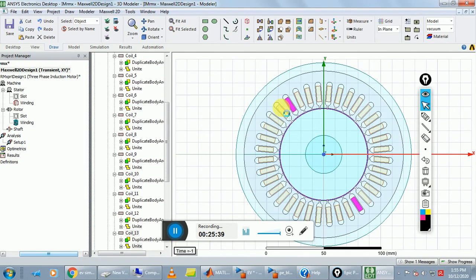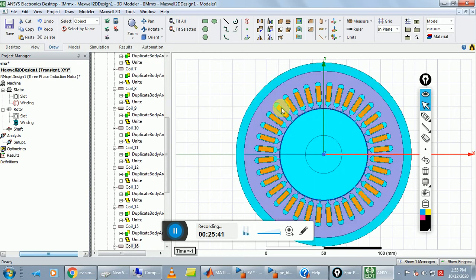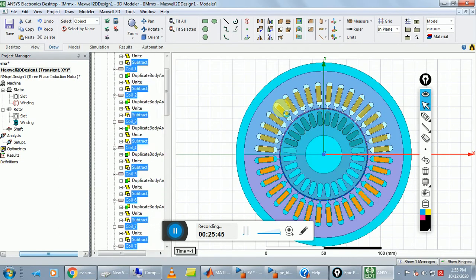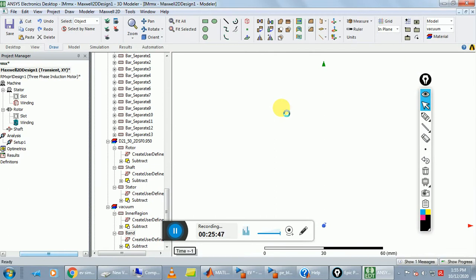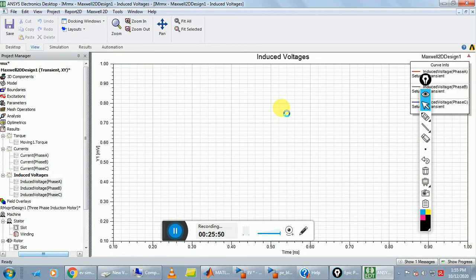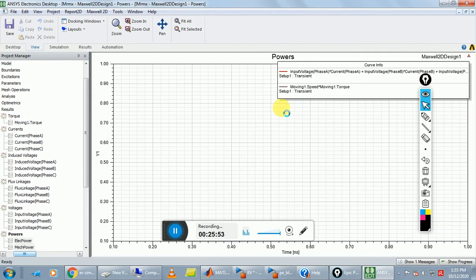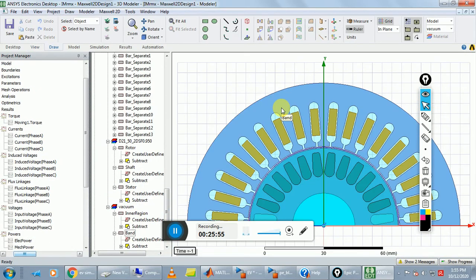Automatically the RM Expert design is converted into Maxwell 2D. With the help of Maxwell 2D, we can find the flux density, flux intensity and flux lines in our three-phase induction motor.